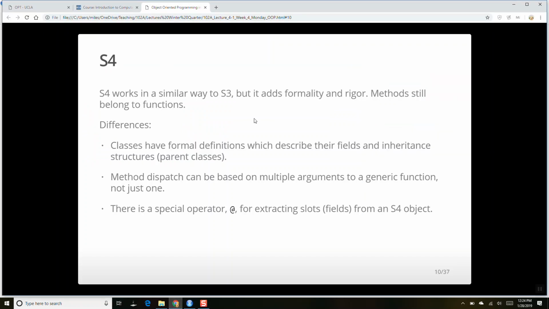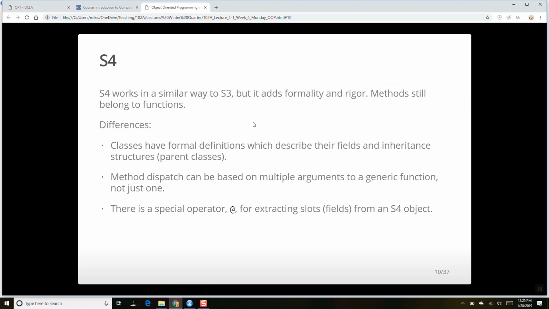All right, I'm going to start talking about S4, and I'm going to zip through S4 a little bit quickly, and then we'll also get to reference class stuff, and maybe I'll spend a little bit more time on reference classes because you will use them in a future homework assignment, okay? But S4 is very much like S3 in that you have generic functions like the verb swing that works differently based on the object you give it, okay?